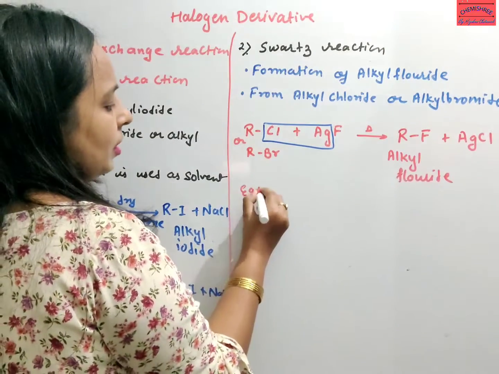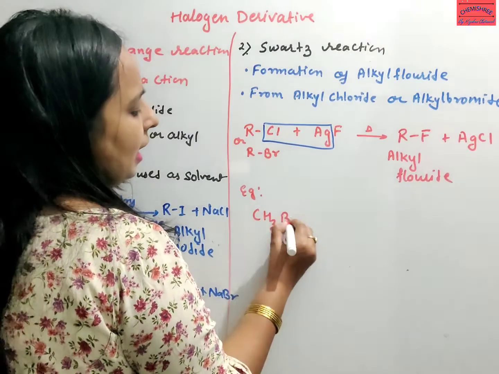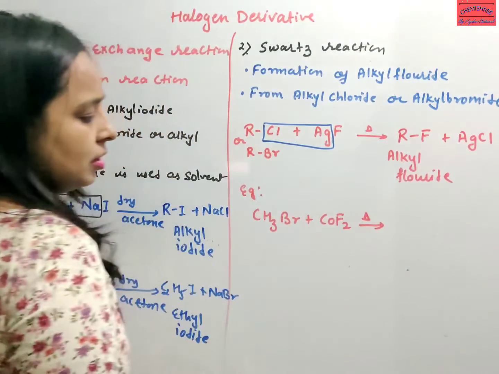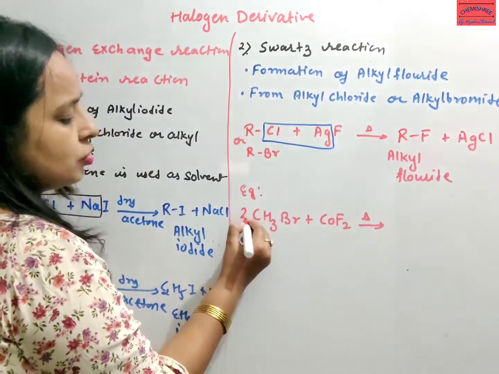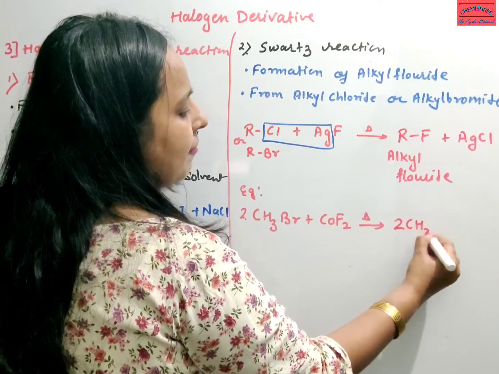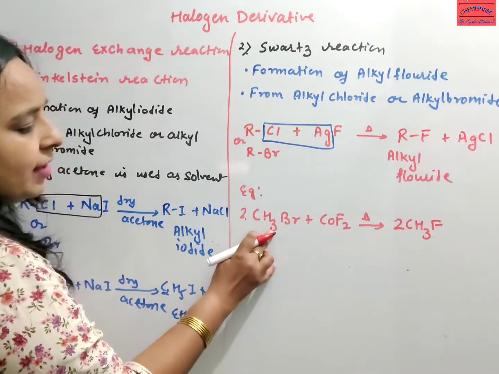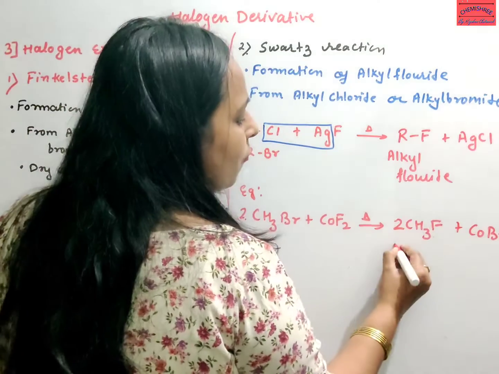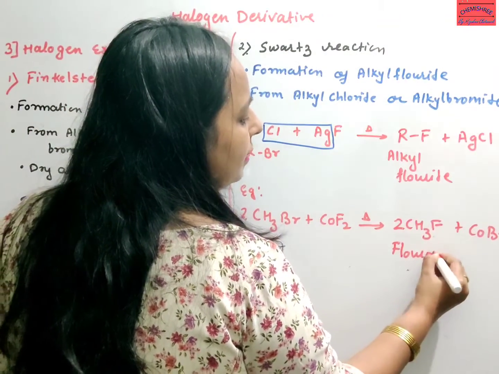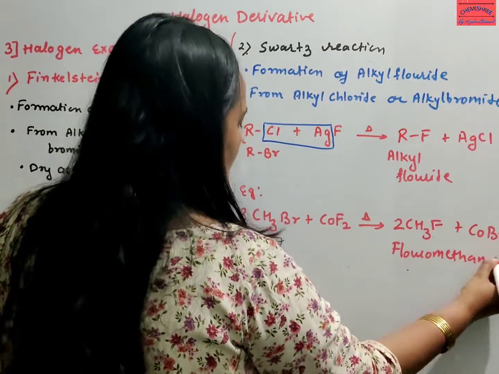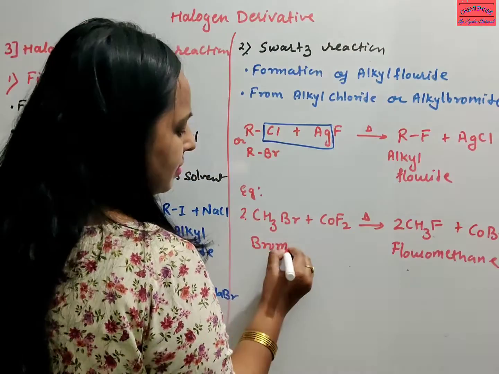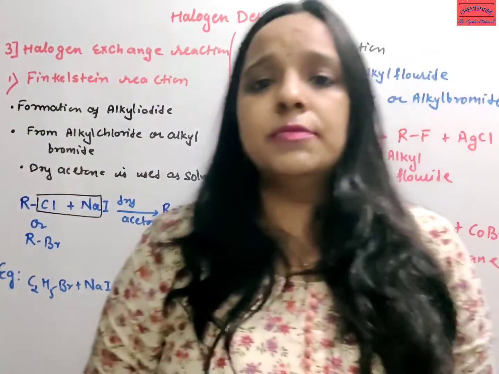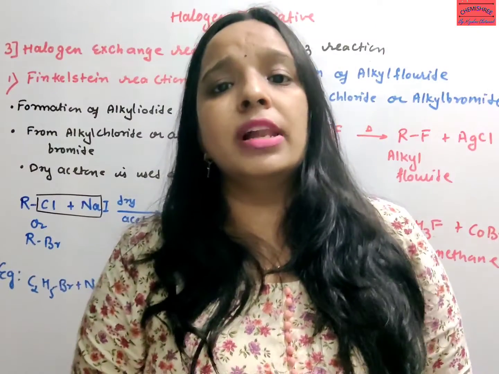Example, suppose you have CH3Br treated with CoF2, it is also a metal fluoride. So you require 2 bromine, so it will be 2CH3F because 2 fluorine are there, so we have balanced the reaction, plus CoBr2. So fluoromethane from bromomethane. This is the Swarts reaction,